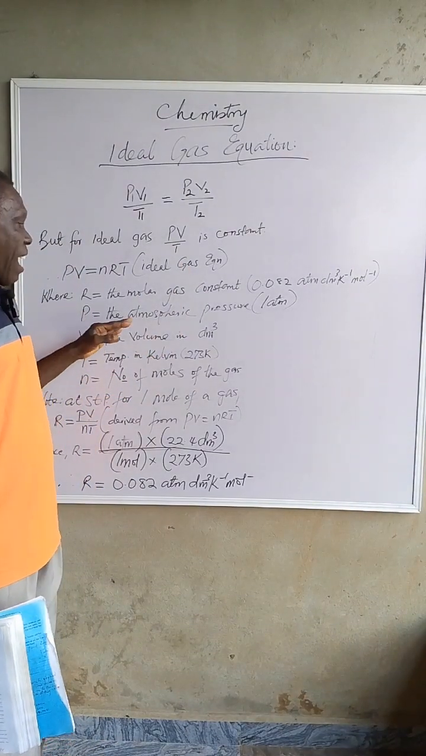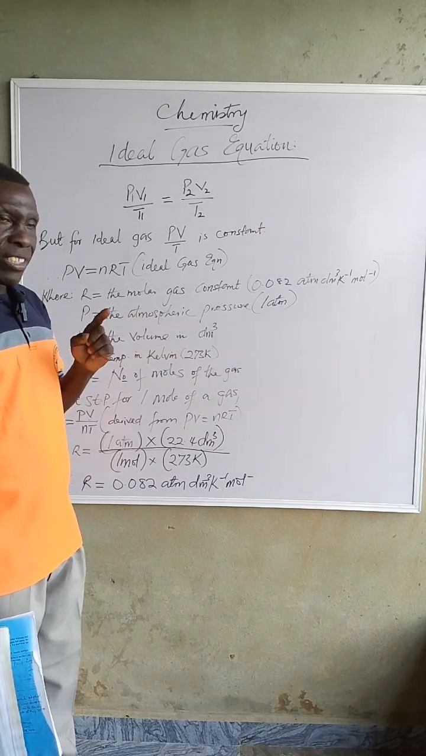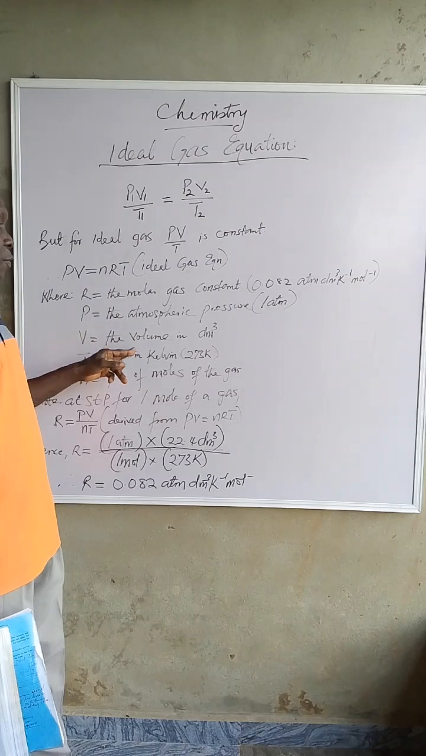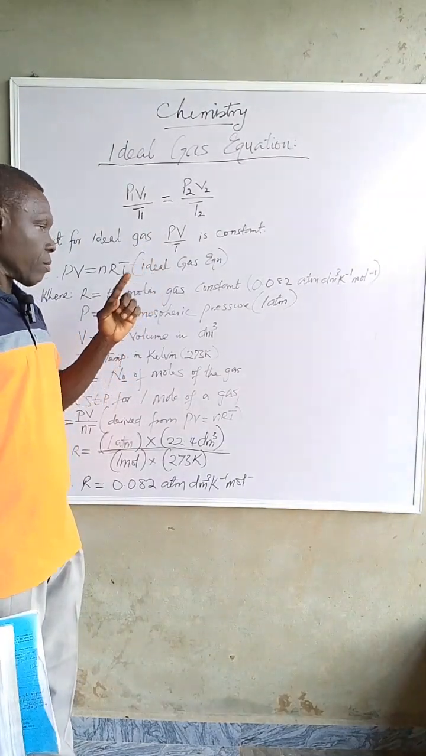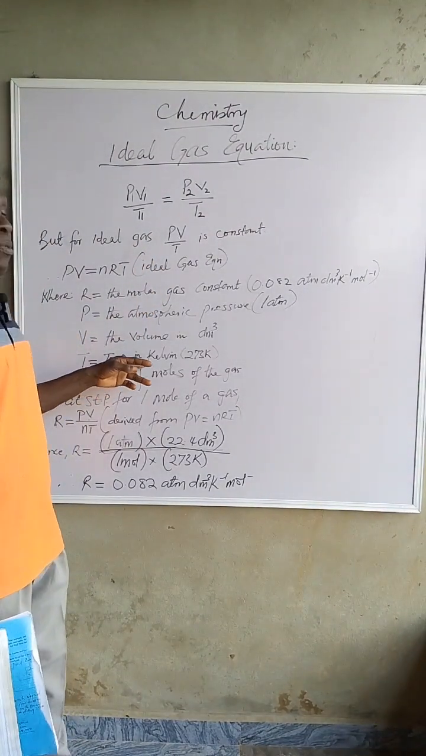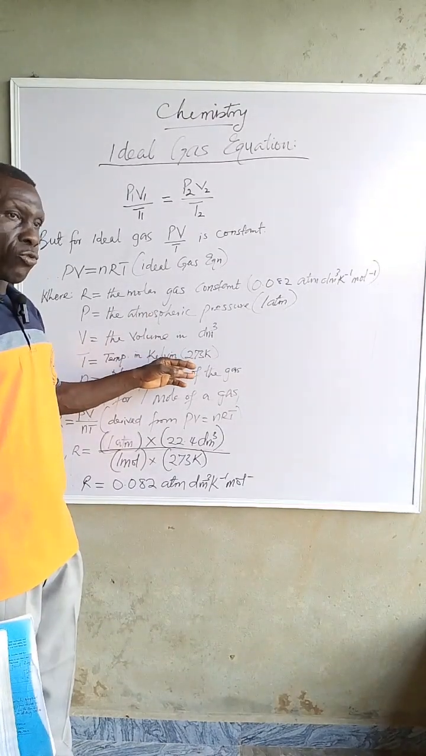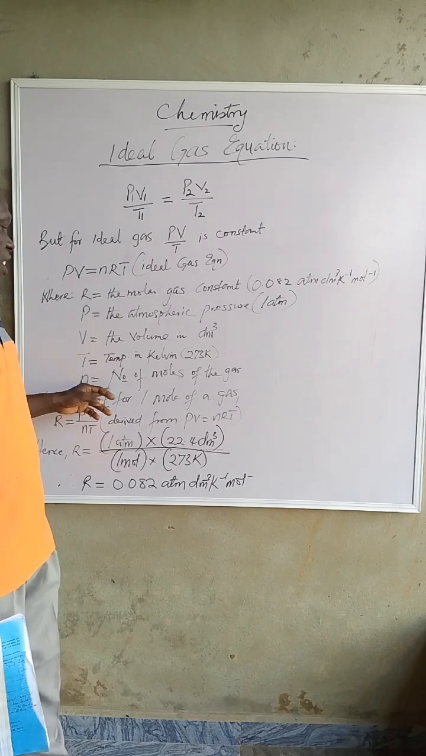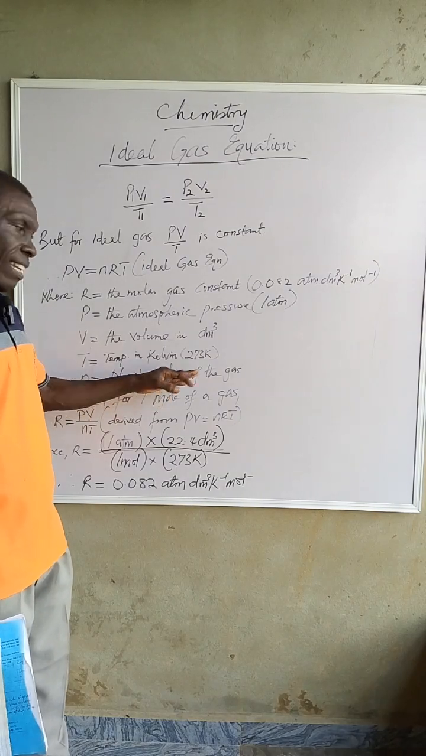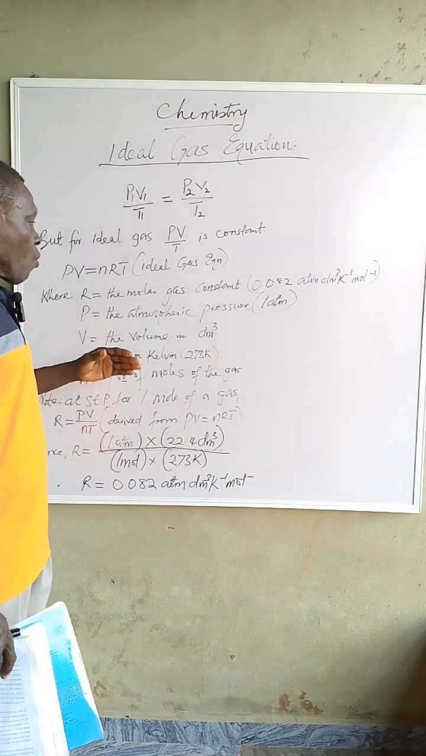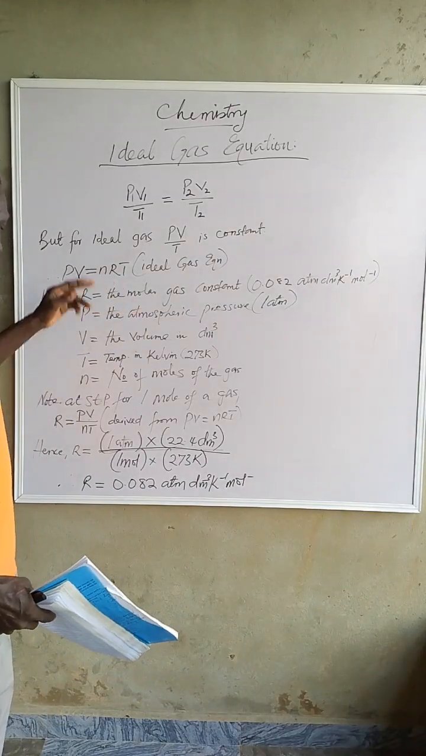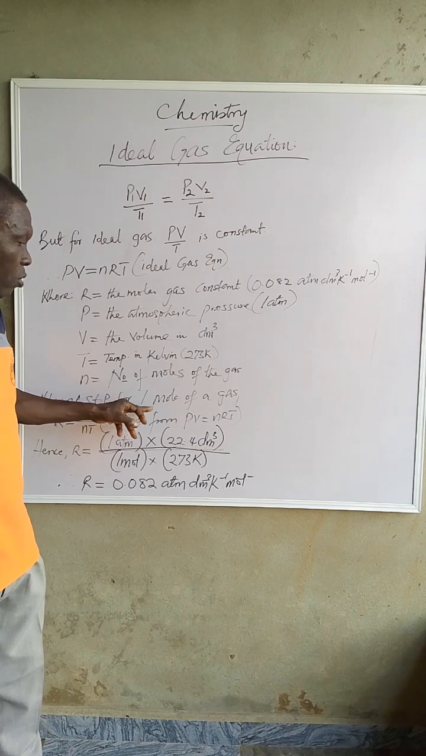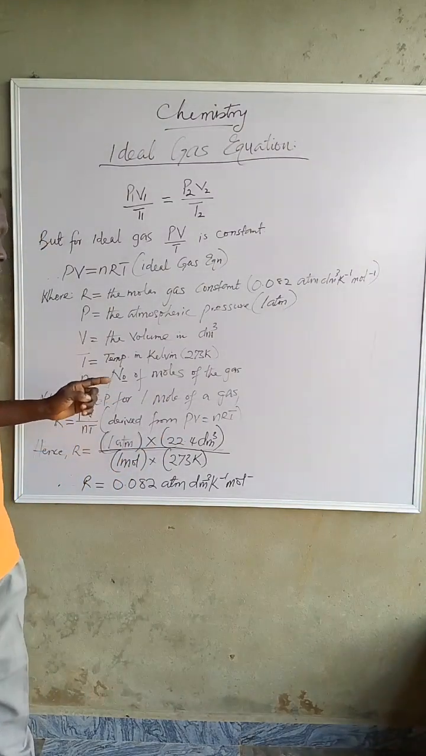Then P is the atmospheric pressure, which is a constant at 1 atmosphere. V is the volume in dm cube. T is the temperature in Kelvin, which is equivalent to 273 Kelvin. And n is the number of moles of the gas. So now, considering this equation, at STP, 1 mole of a gas will occupy